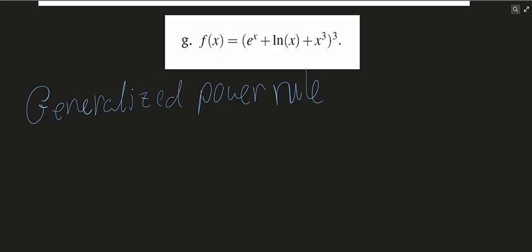And what I mean by this is I don't have a clean x to the power of 3. This is the outer power. I do not have a clean x to the power of 3. That would be too easy. That would be a pure power, an immediate application of the power rule. What I mean by generalized power rule, aka chain rule plus power rule,